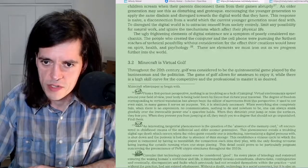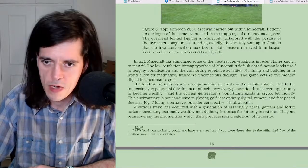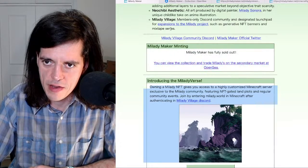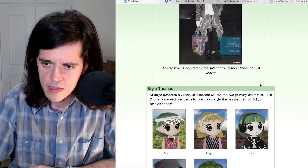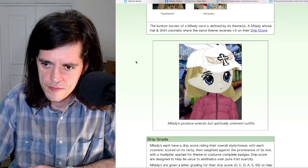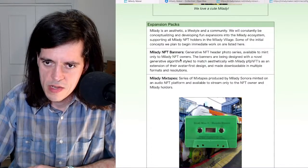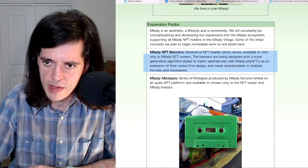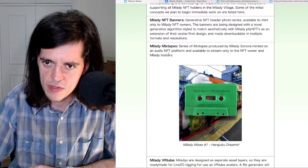It's very idealistic, this project, it seems. And very committed to the whole Minecraft thing. I'm not convinced. And so far this is the only utility they're suggesting. Let's keep scrolling down. So the style themes. Okay, drip grade, we saw that earlier. So Milady NFT banners, some NFT header photo series are available to mint only to Milady NFT owners. Okay, so some banners, mixtapes,